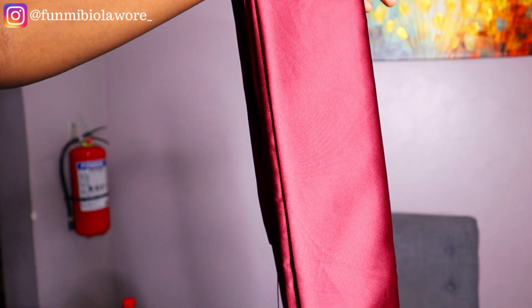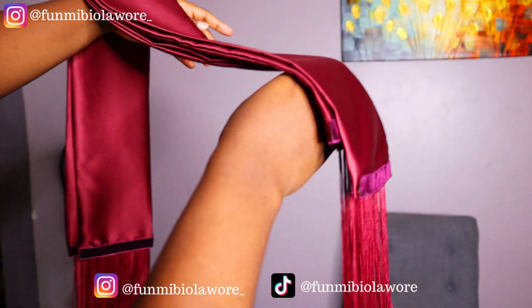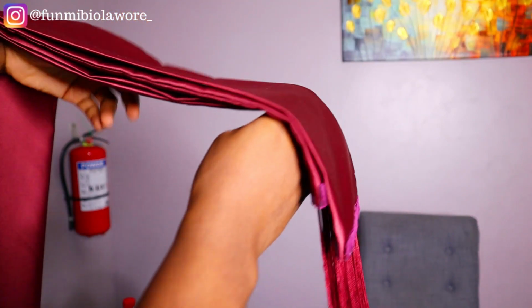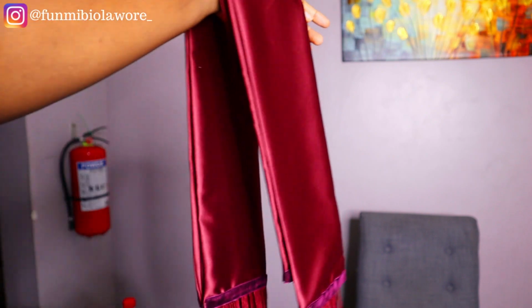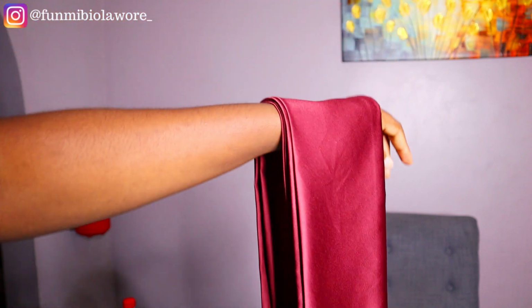Neck stoles are perfect for different forms of occasion, and I mentioned making it in a previous video and some of you guys asked me to share a tutorial. So if you're interested in knowing how to make a neck stole for any occasion or for any reason,